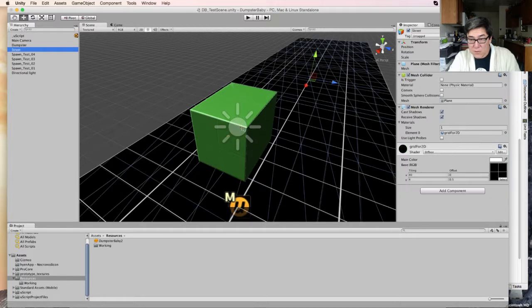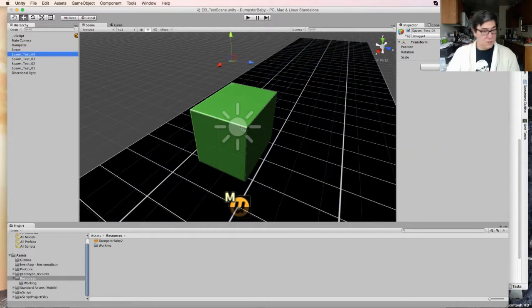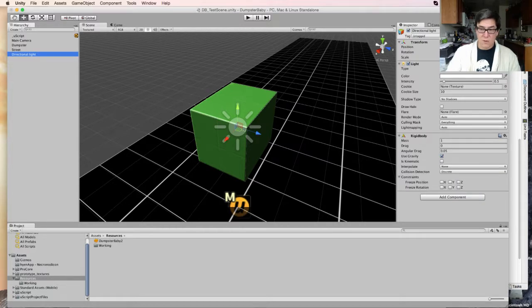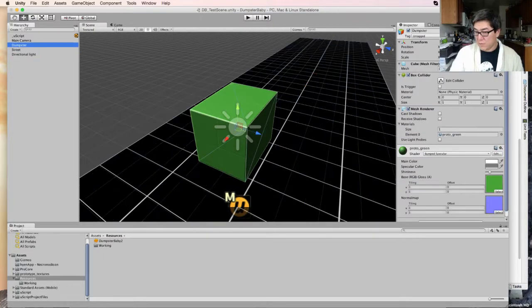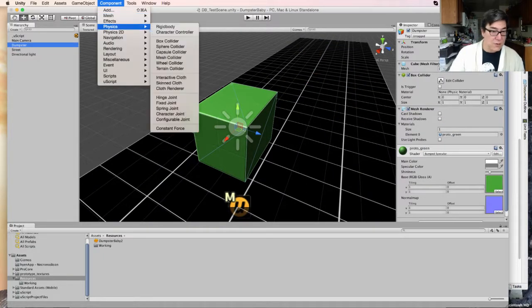Oh wait, did I put the rigid body on the wrong thing? Hold on, let's get rid of these. I don't need them right now. Oh, I did. I put it on the light, which is neat. You could have your light driven by physics, but